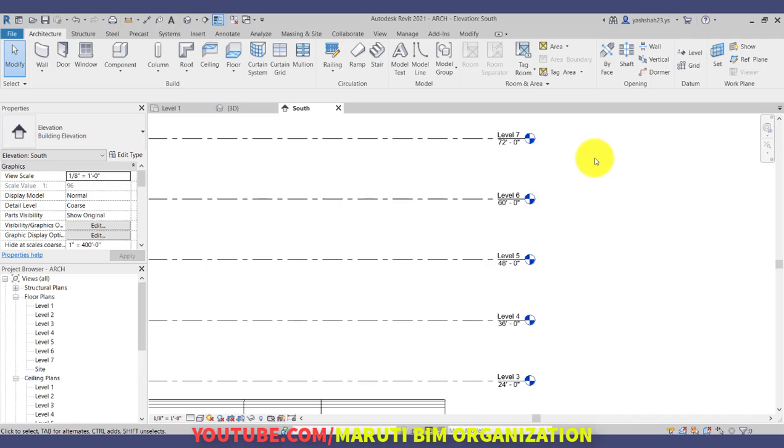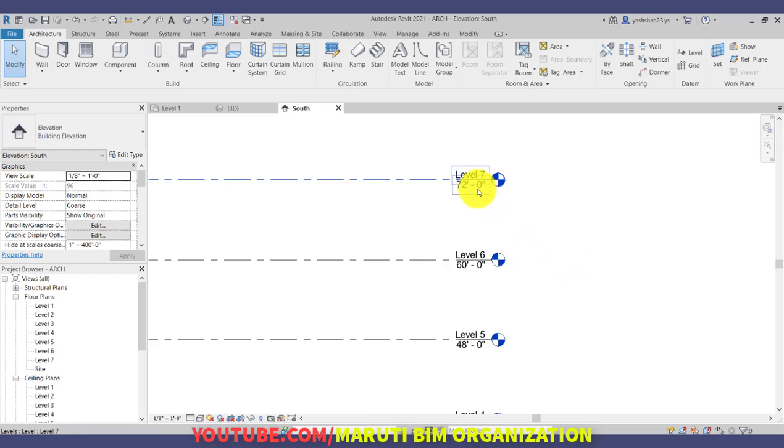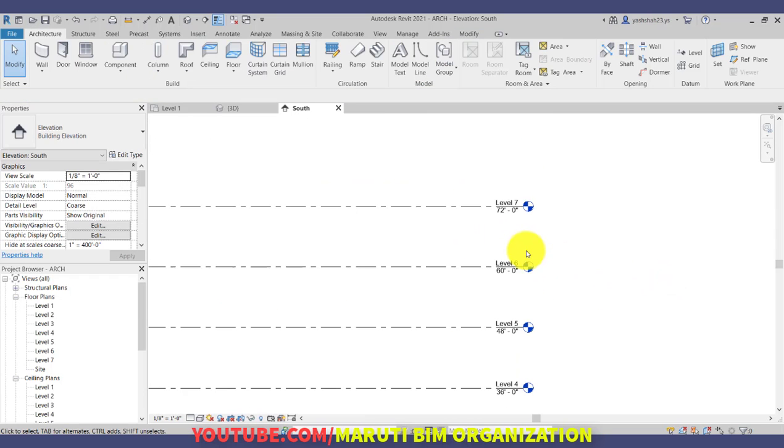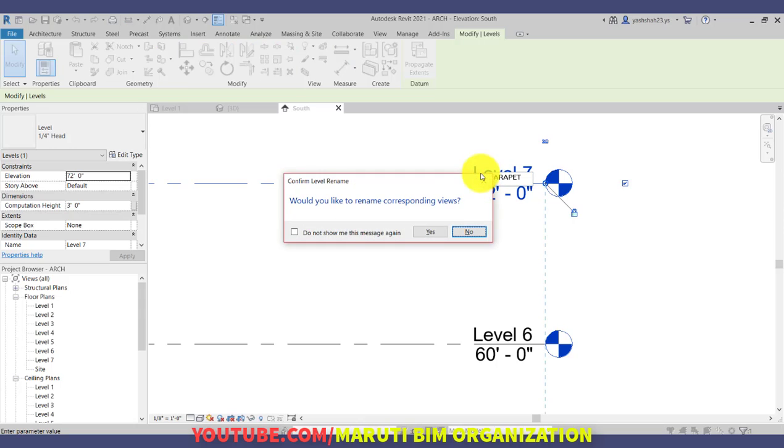Now let us change the height, and let us change the naming system as well. First of all I want to rename level 7 to parapet level. Enter. It is asking, would you like to rename corresponding views? Always say yes.